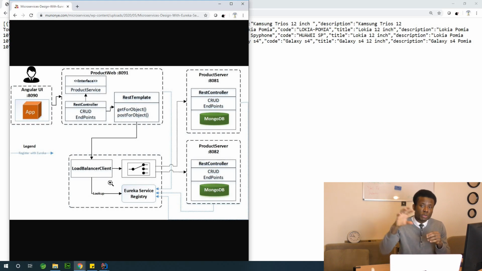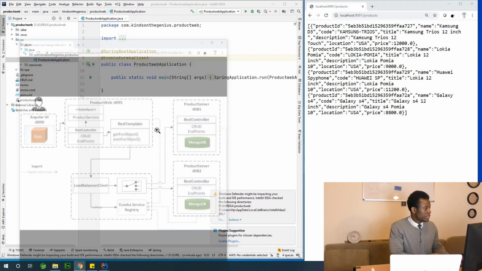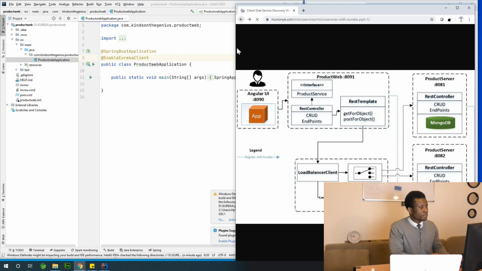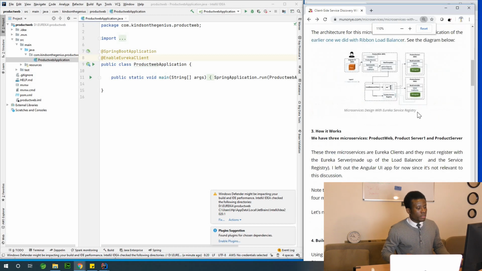And when it makes this request, it also load balances. So let me just implement it, then I can go ahead to do a little more explanation. All right, so